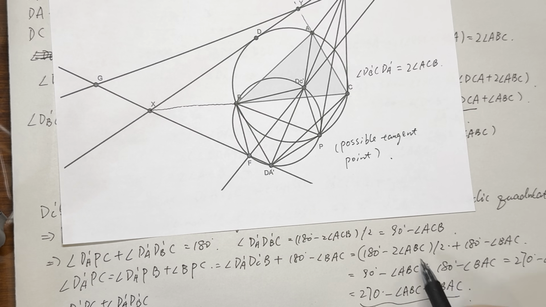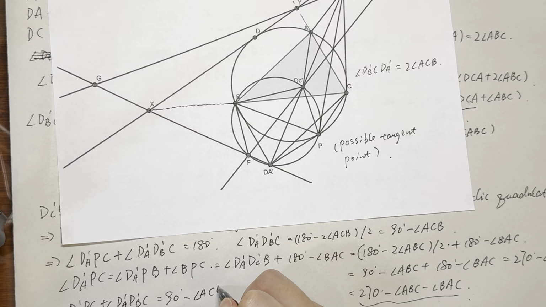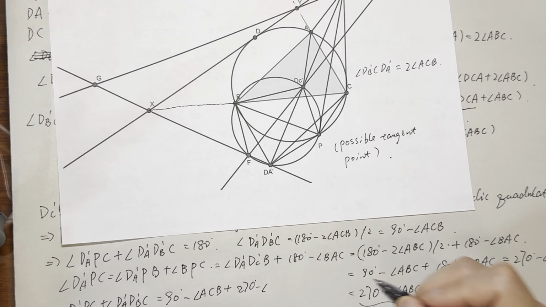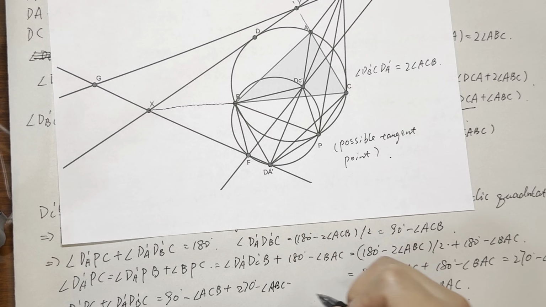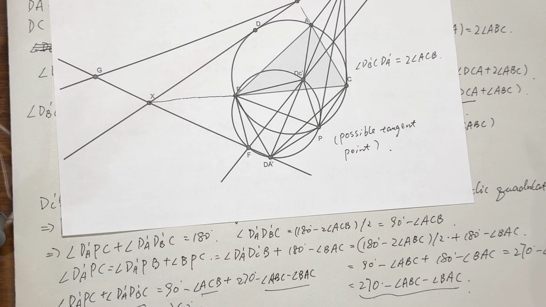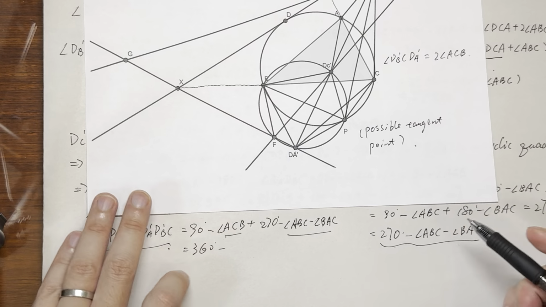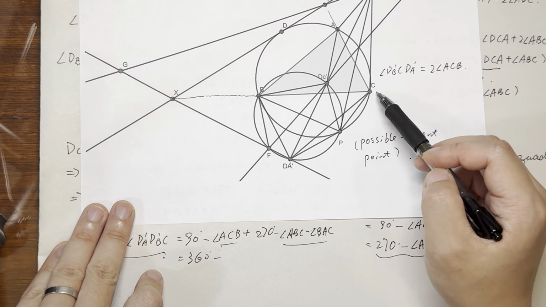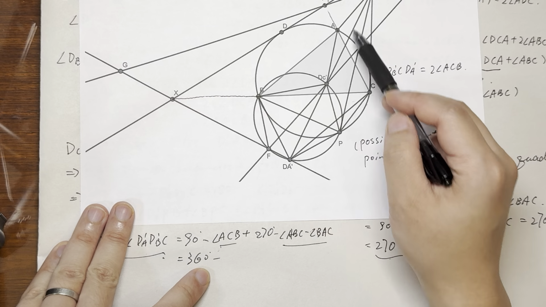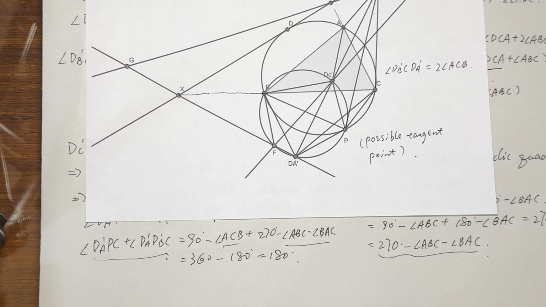So let's add them together, which equals 90 degrees minus angle ACB plus 270 minus angle ABC minus angle BAC, right? It equals 360 minus these three, angle ACB, ABC, and BAC, and that's 180 degrees. So it equals 180 degrees,